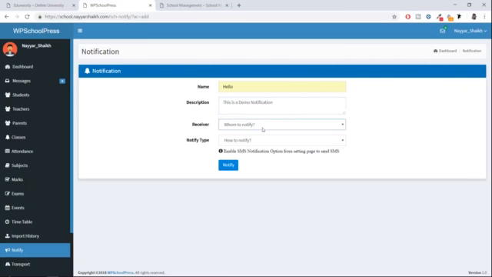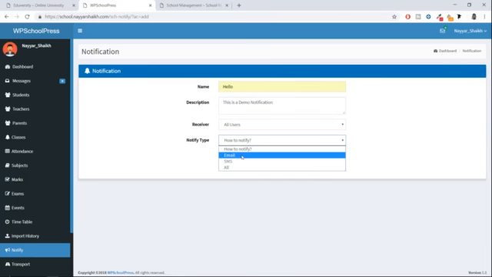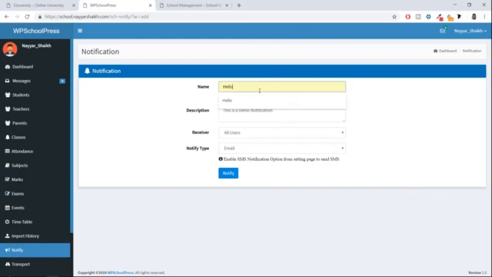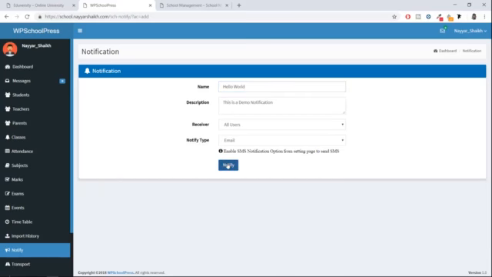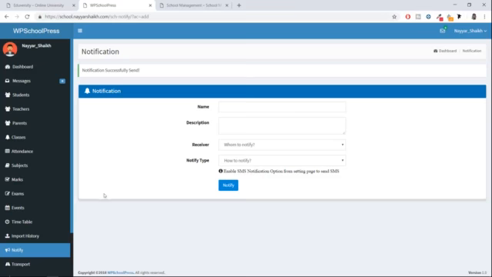And who are the receivers? Maybe all users. And how do you want to notify them? Through email. Now click on notify. Okay, it needs at least 10 characters. Hello world, notify. Now this will be sent to all the email addresses of all the users. So that is great.